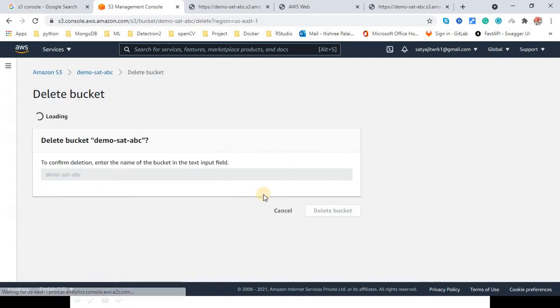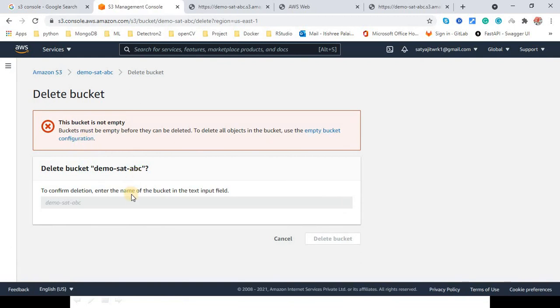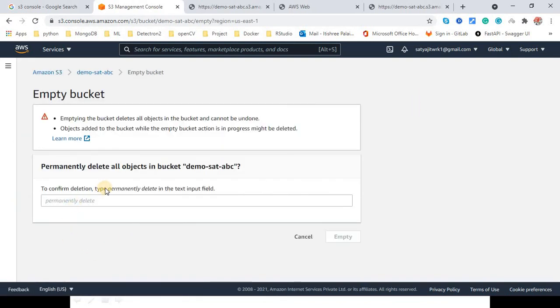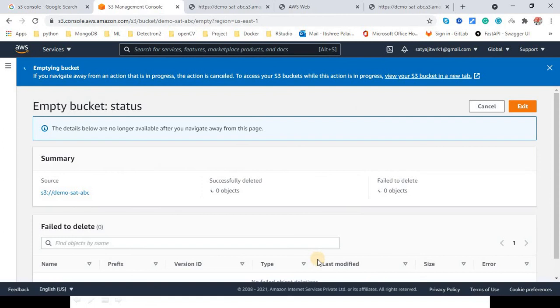You can delete, but now it gives an exception that your bucket contains some elements. Unless those elements or objects are cleared, it is not going to allow us to delete the bucket. To clear this, you have to go back again, choose the bucket, select this option and say empty. Make sure to empty this bucket, and as mentioned, you have to type permanently delete here. I just copy paste the same thing and say empty.